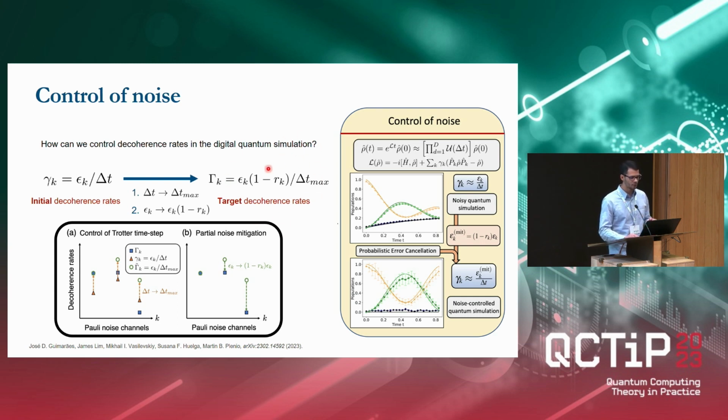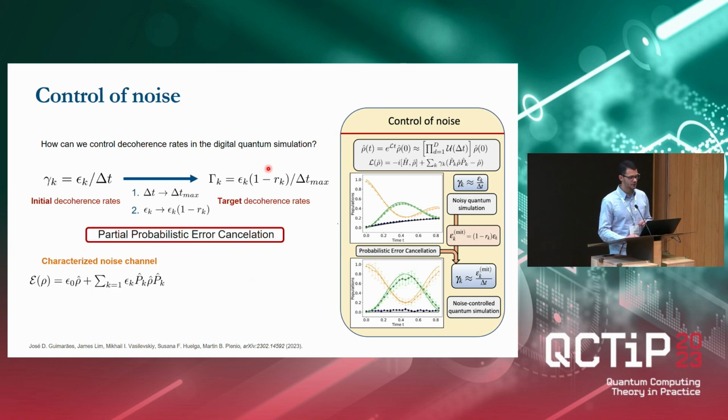Okay, so let me give you, first, let me explain to you this partial noise mitigation, which is we use the conventional probabilistic cancellation, but instead of fully mitigating the noise, we partially mitigate it. Okay, so very succinctly, we have some characterized noise channel, which is given by the stochastic channel, and we partially